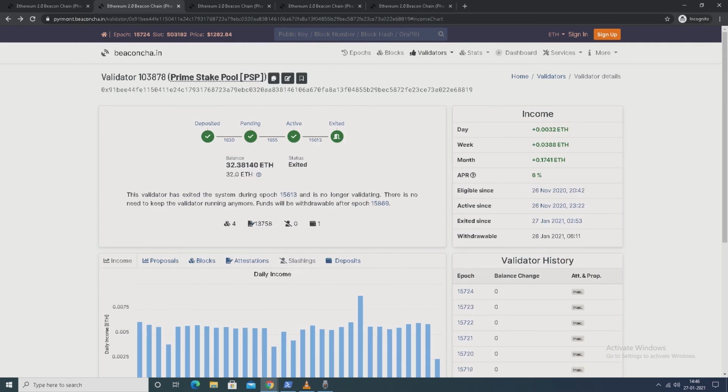And you can see clearly over here it is not making any attestations, and the rate is also going down. And one more thing, the withdrawable date is also mentioned over here, time and date, 28 January.